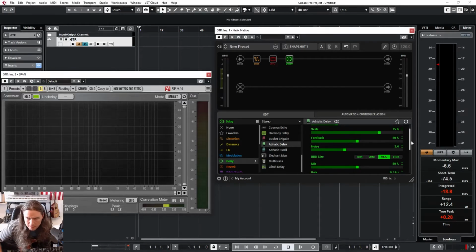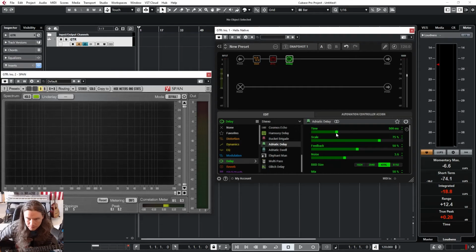BBD size, not exactly sure what that is. I'm assuming that's possibly a bit crusher, maybe, because these numbers seem like they correlate with sample rates. So, just for the sake of whatever, let's